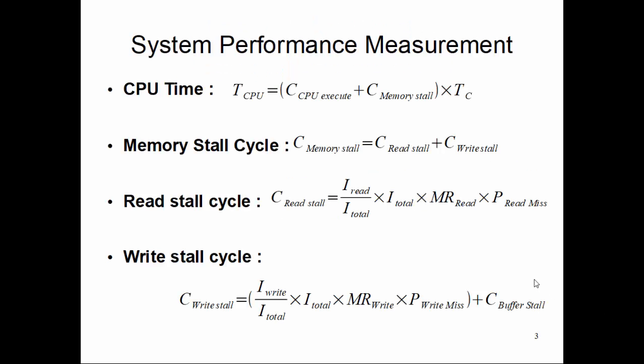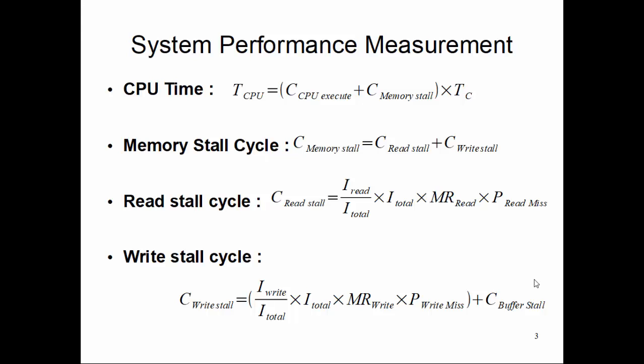So, to start with, let's review our performance numbers with respect to these cache penalties and memory stall, etc. The concept we just learned about in previous lectures. So, our CPU time is basically, with respect to this whole concept of memory stalling, the number of cycles that the CPU executes plus the number of cycles that there is a stall for the memory because of the cache miss